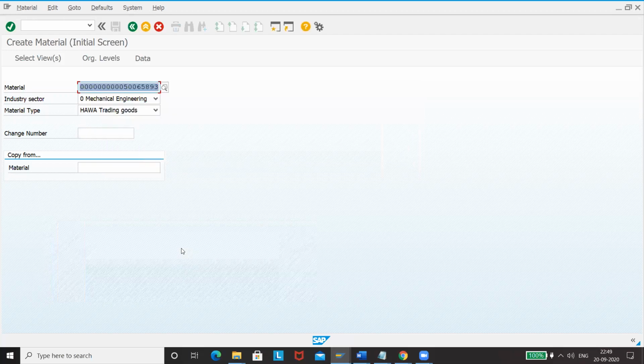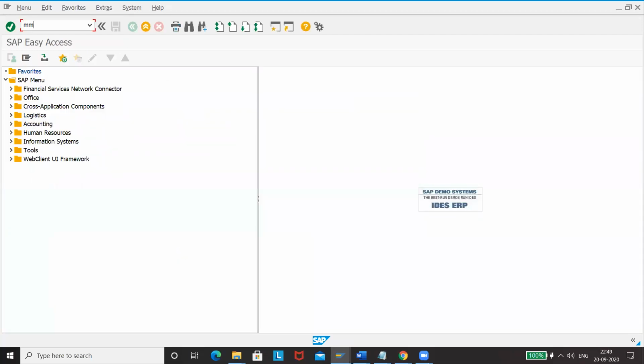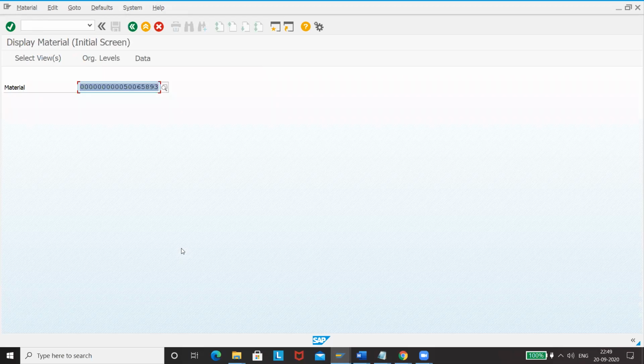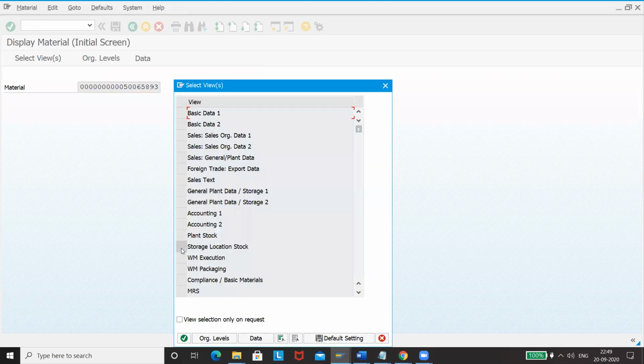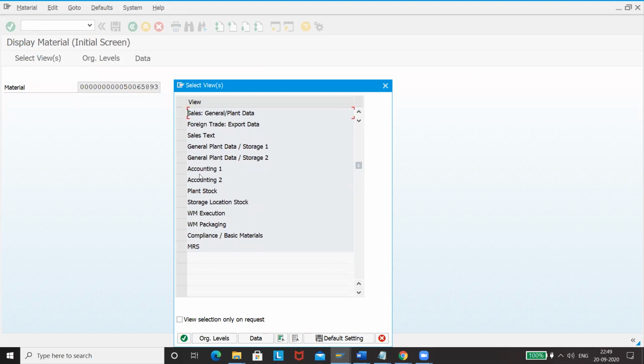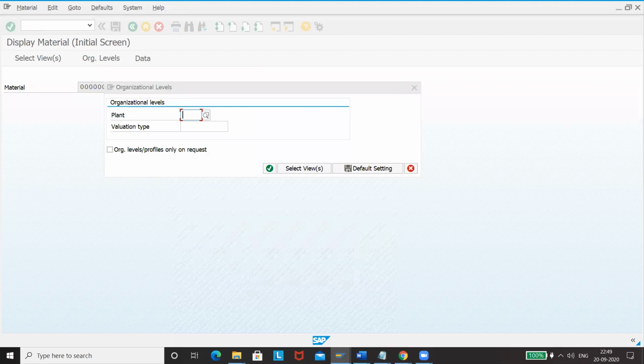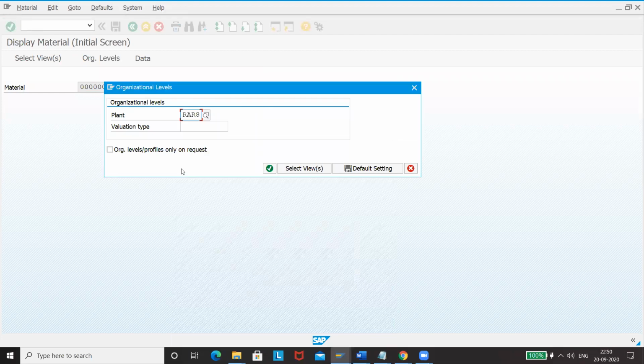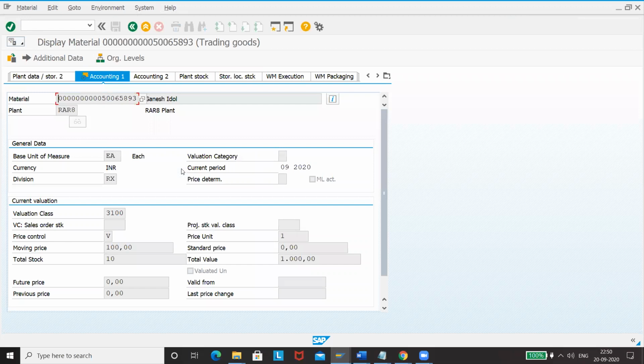Okay, so what am I doing? I think I should go to MM03 and I'm going to MM01. If you go here, MM01. I think it's MM02, right?